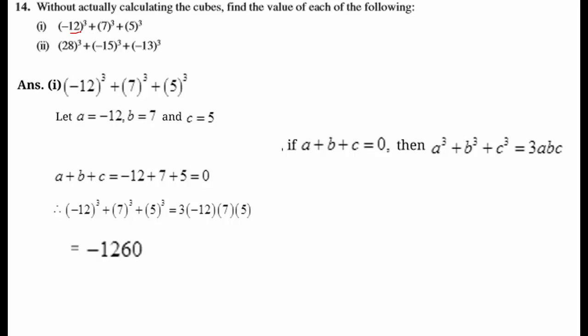If you solve this by actual calculation, taking the cube of 12, then the cube of 7, then the cube of 5, this will become very lengthy. But by using this algebraic identity, it is easy to solve. In many competitive exams like NTSE, and some government job exams, these types of numericals come, and the question takes only 5 to 6 seconds, because if you know it, you can quickly find that a plus b plus c is 0, so the sum must equal 3abc. You only have to multiply these terms.